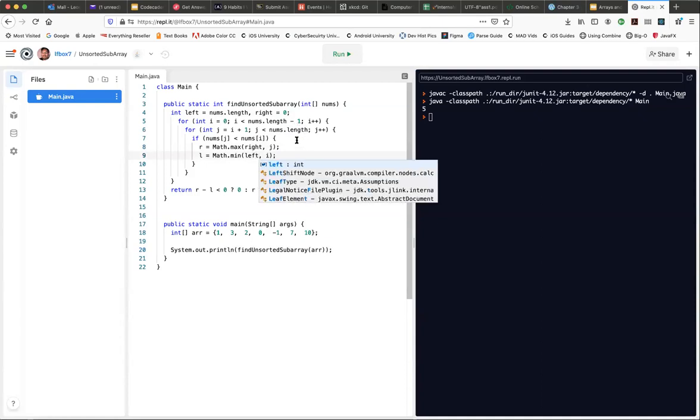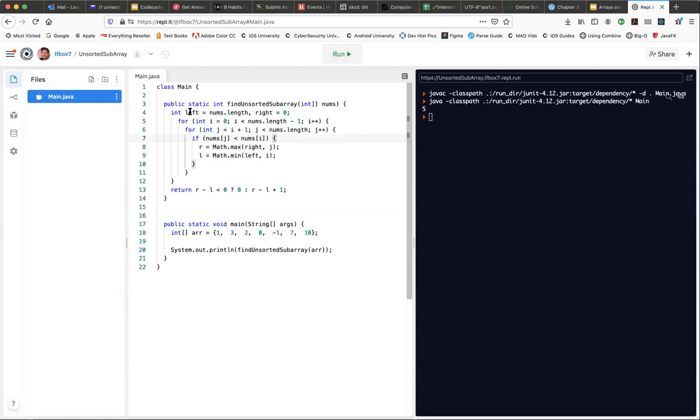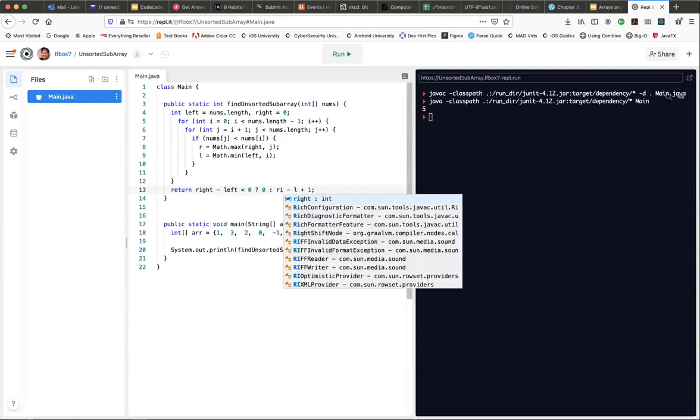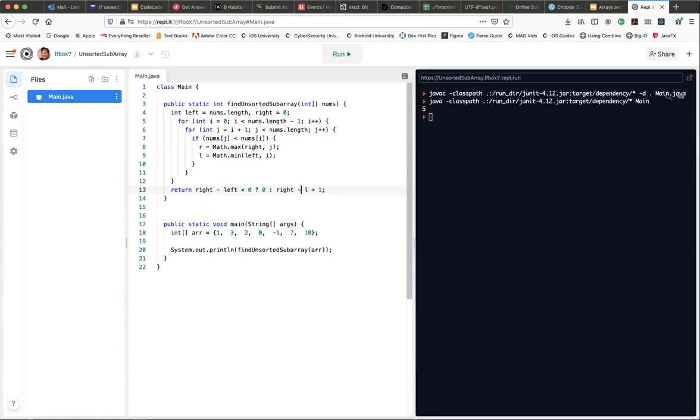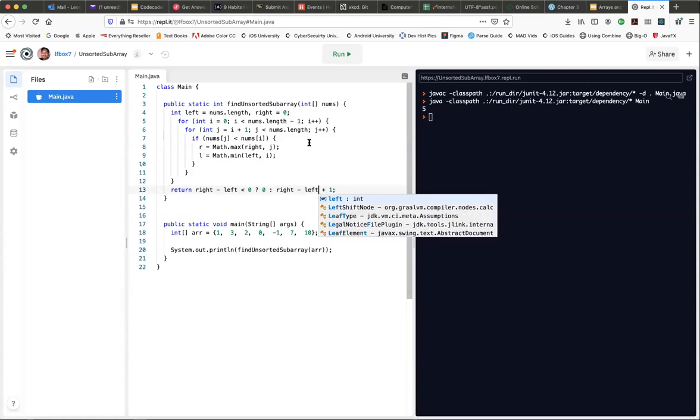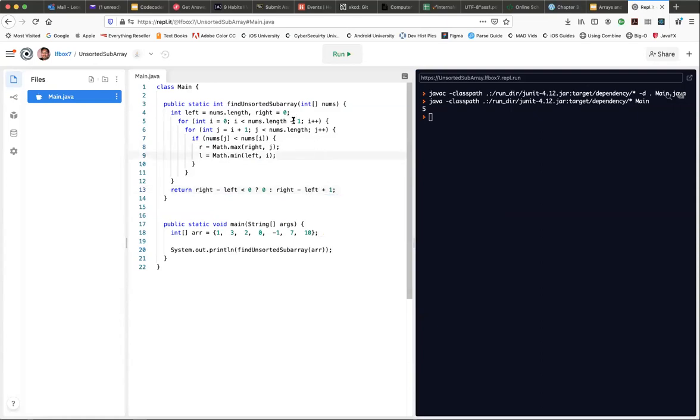Left. That's everything in there. Left. Right. Left. So what we're doing here is